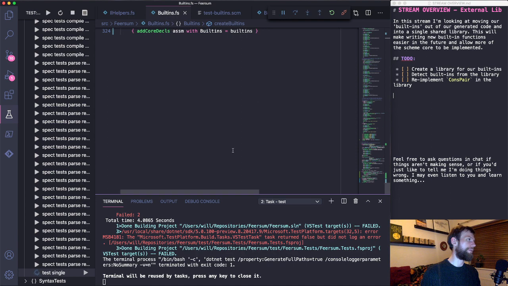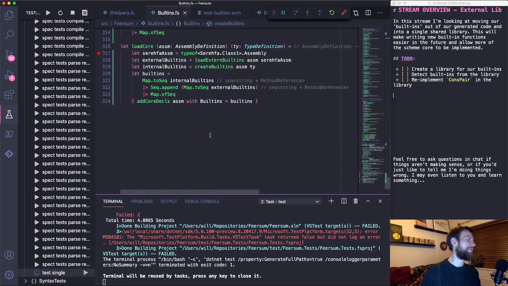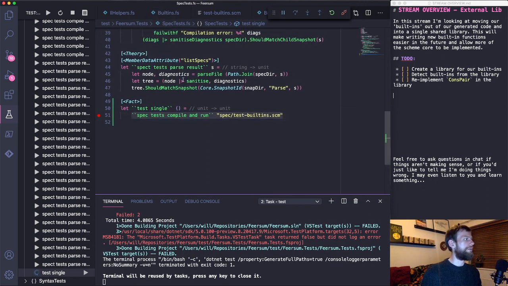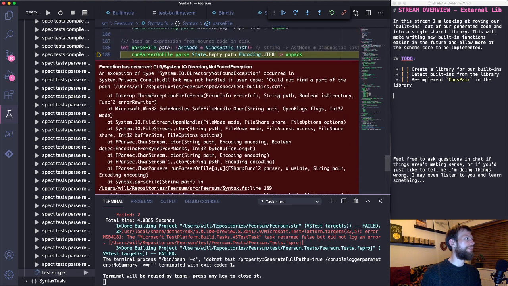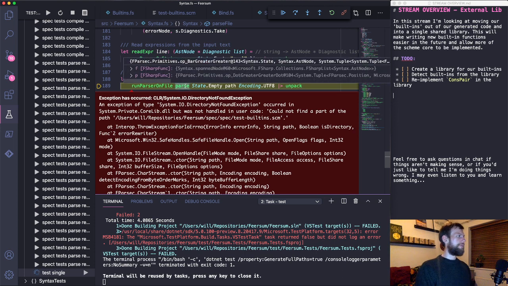Yes, I have to press play. I always forget that. I always end up sat there waiting for it to launch, wondering why my computer's being so slow. And then run parser. Directory not found. It's not good